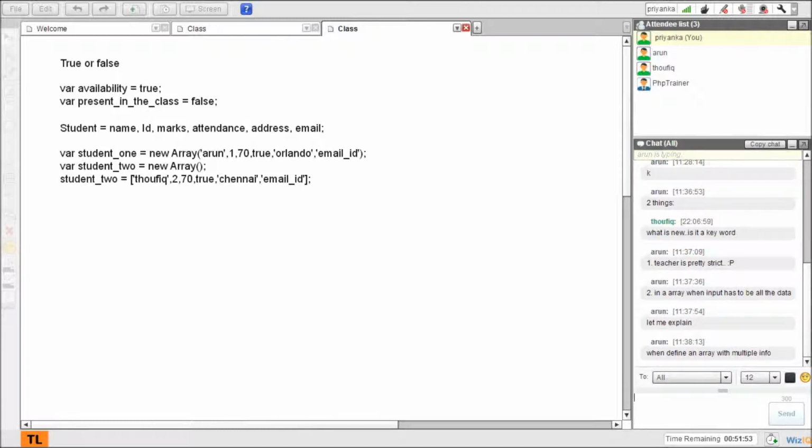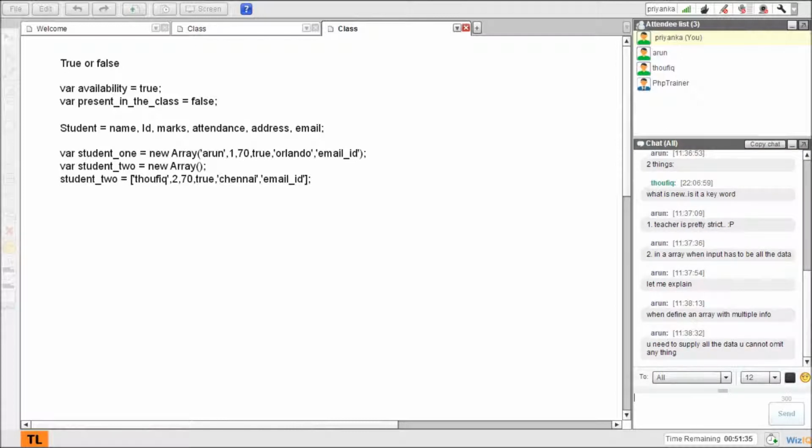Then define array with multiple info. Yes, this is multiple info I have defined. All the data, you cannot omit anything.